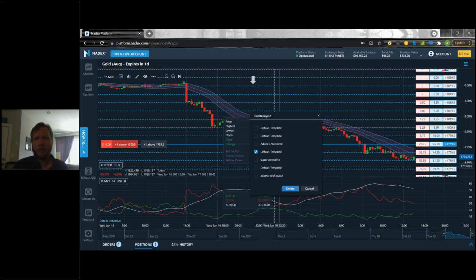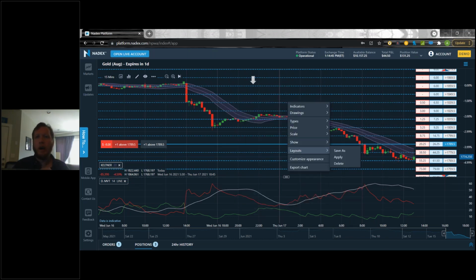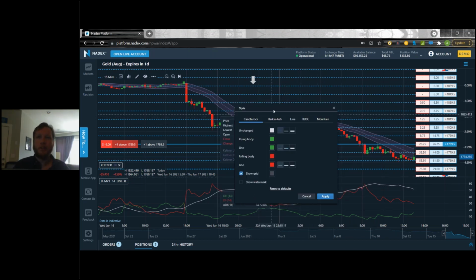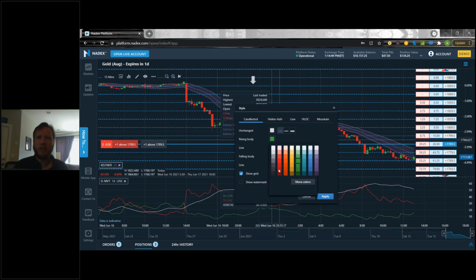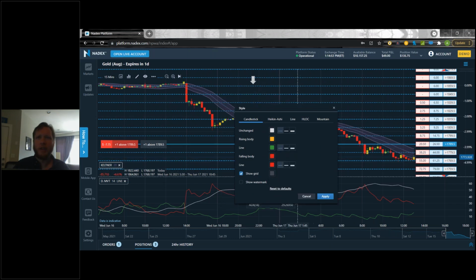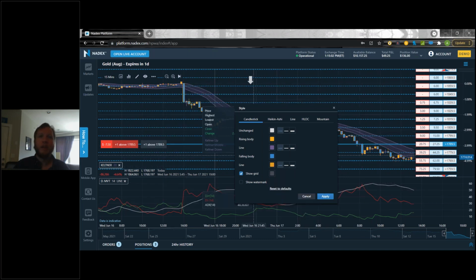So I can delete the default template, right? We can customize appearance. If I have my candlesticks here and I want them to be yellow and green, it's already green, and purple, and I want the bodies to be blue and the lines to be yellow, it doesn't look great, but you can change that all here.